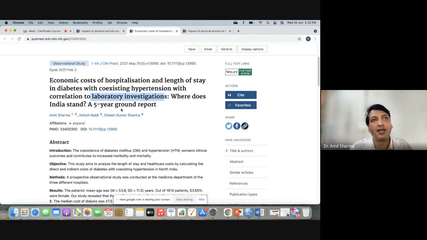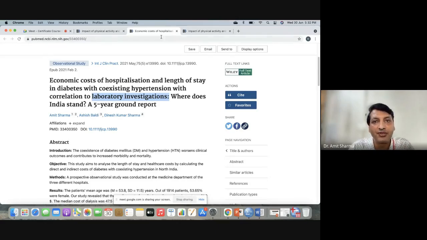If I want, I can compare more variables. For example, in the laboratory investigation, I have not compared with any lipid profile, I have not compared with serum creatinine, because I have data of dialysis also, I have data of blood profile also. So all these things I can still compare with cost and the length of stay. It is the researcher's own hypothesis how he or she is going to represent his or her data.